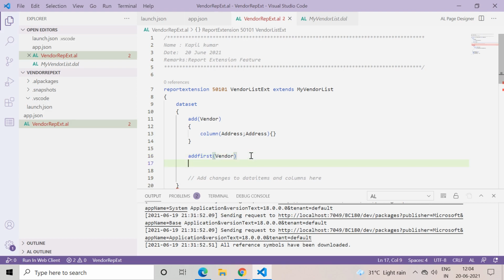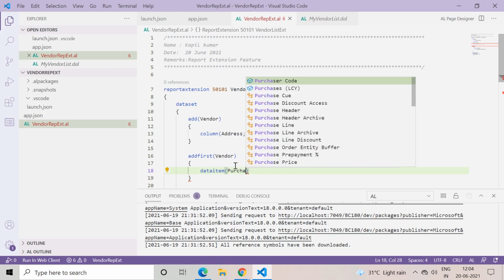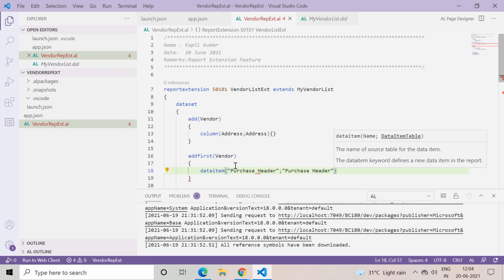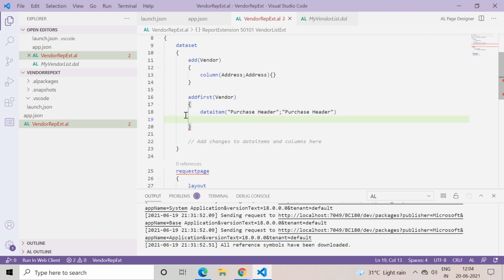Now press braces, and here I will add the data item, and my new data item is purchase header. Okay, this is how I can add the new data item in the report extension.